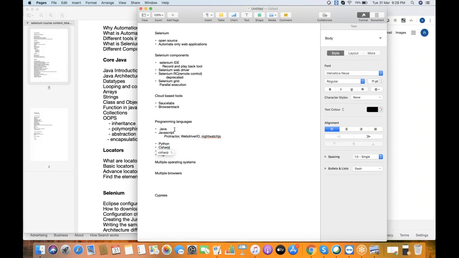We generally used Selenium with JavaScript. They might have used any of these, or I think it was WebDriver IO, not Protractor 100%. So yeah, this is also a good one.